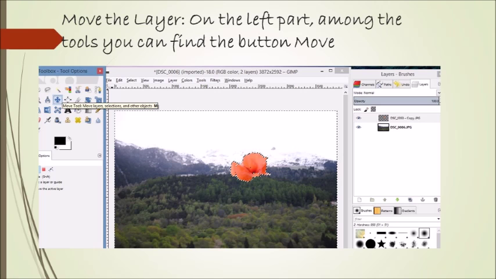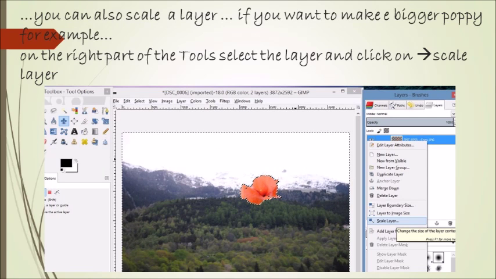Another thing that you can do is make the puppy smaller or bigger, and you can do this by clicking on Scale Layer.